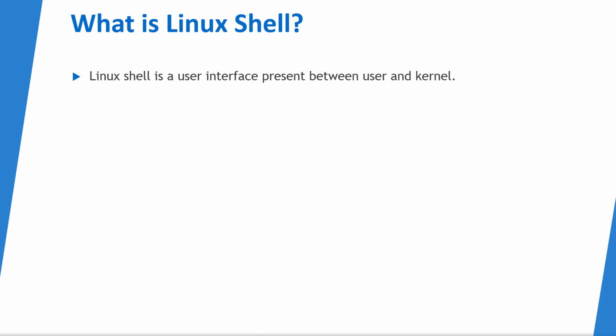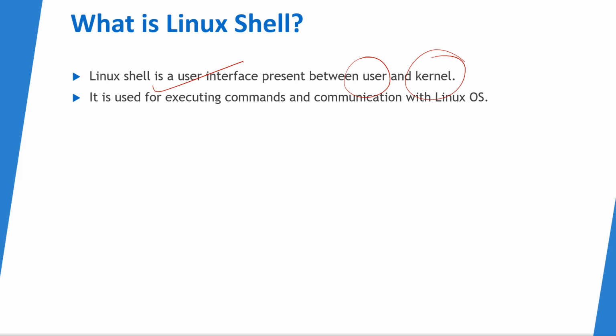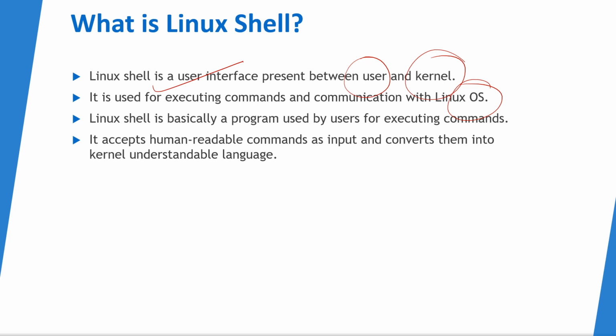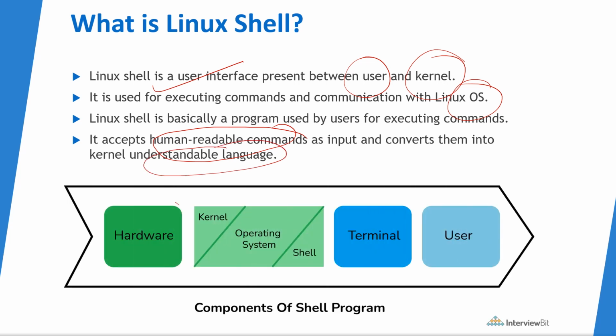What is Linux shell? Linux shell is a user interface present between the user and the kernel. It is used for executing commands and communicating with the Linux operating system. Linux shell is basically a program used by users for executing commands. It accepts human readable commands as inputs and converts them into kernel understandable language. Okay, you can see hardware, then kernel, operating system, and terminal, then user. Okay,